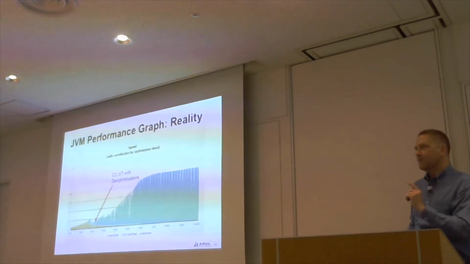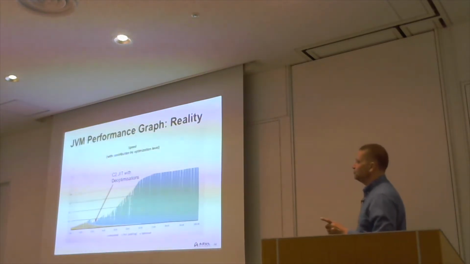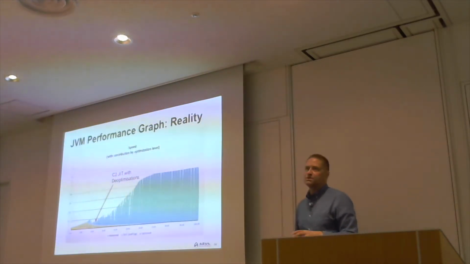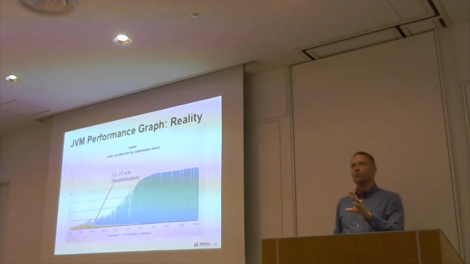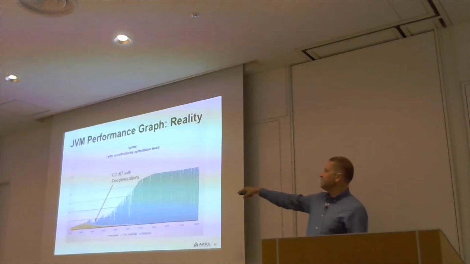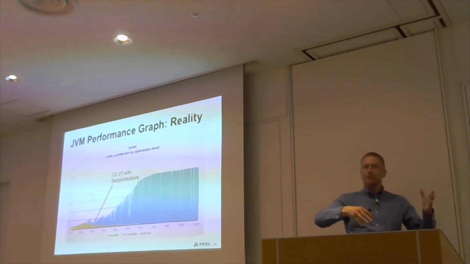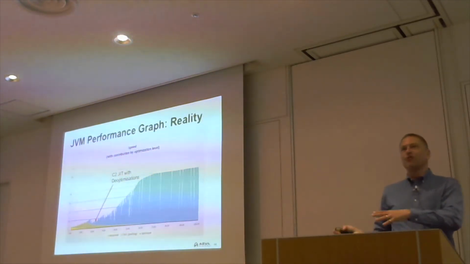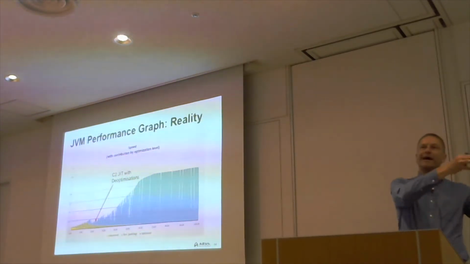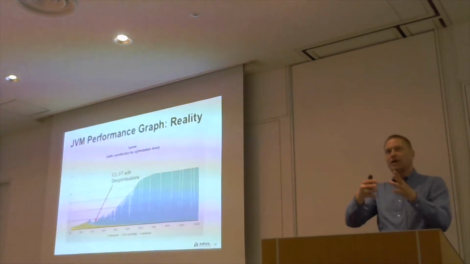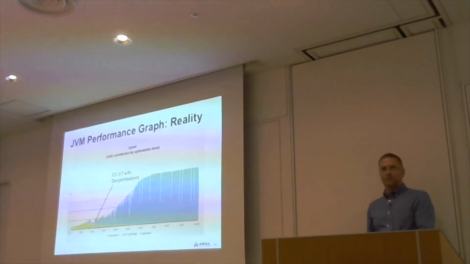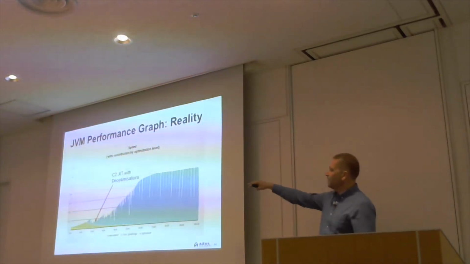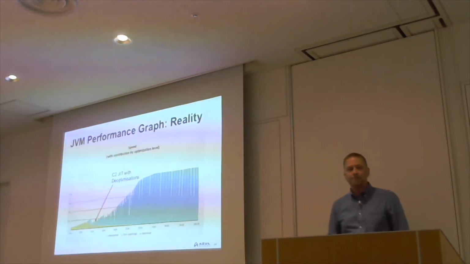But a lot of the optimizations that we use will start to give us better performance, but they may be wrong assumptions about how the code actually works. When we see the wrong assumptions, something happens. At that point, we actually have to throw away the code we compiled, and go back to interpreted mode, recompile it, reprofile it, and go back again. So that's called a de-optimization, and that happens as the application starts to figure out what's going on.